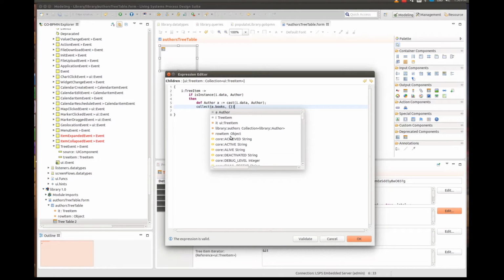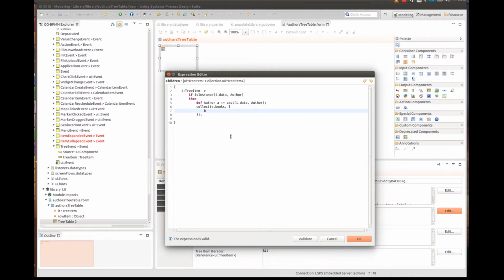And on every book we will call a closure. We will run a closure that will transform it into a tree item. So let's define the closure. Its input will be B of type book. And whenever it runs this closure, it will create a new tree item. And the data of the tree item will be the book. And we don't want the book to return any children, so